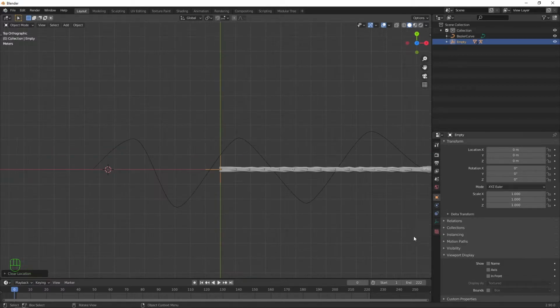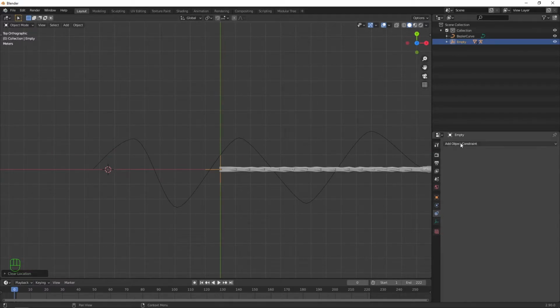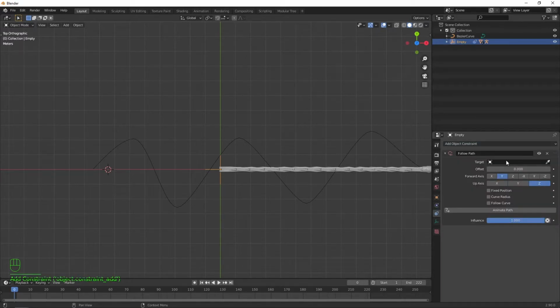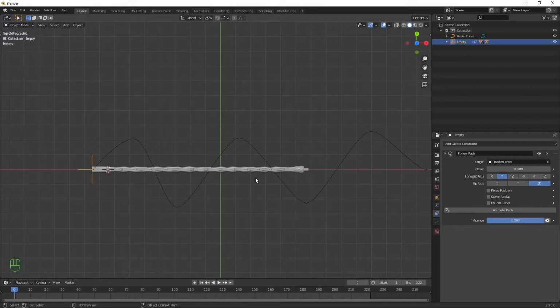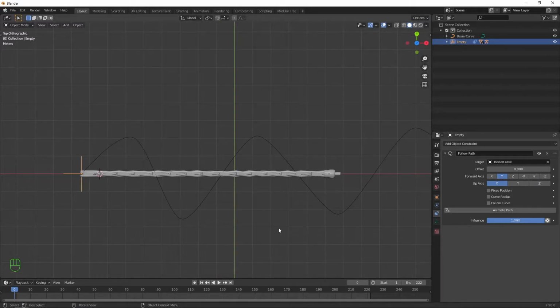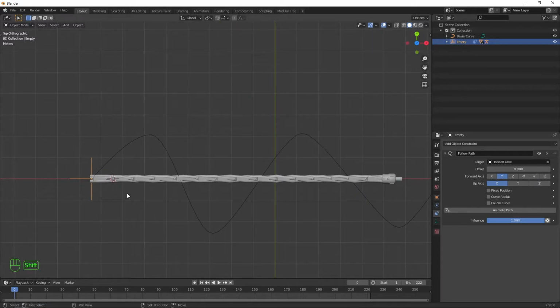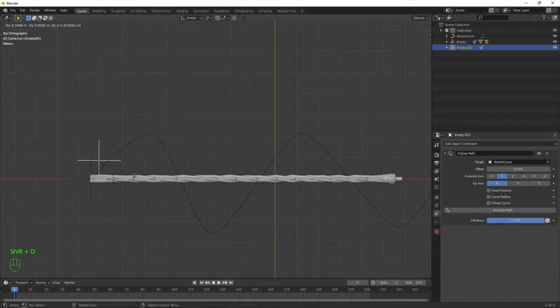Now we need to connect the empty with the curve, so we add a follow path constraint to the empty and choose the curve as the target. The empty should stick to the beginning of the curve automatically. In the follow path constraint, I will change the up axis from Z to X because my curve is on the X axis. After that, we need to duplicate the empty with a Shift-D, Enter